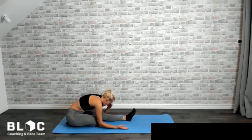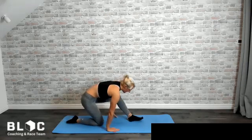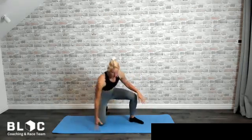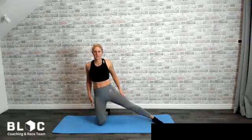Just wait for that to start to ease off a little bit. Hamstrings are always really tight first thing in the mornings. And then press back up onto your knees and spin around to the side. And extend this leg again, this time out directly to the